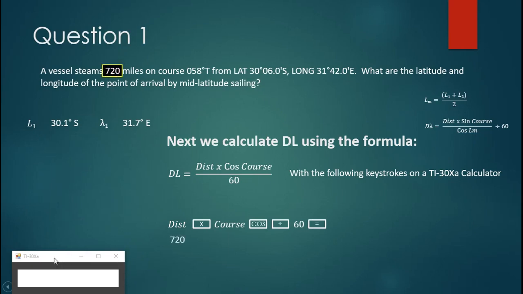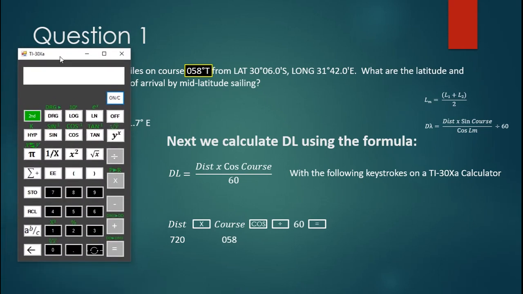to calculate this. We'll say distance times the course cosine divided by 60 equals, and we'll get that 720 and that 58 from the problem, and we'll key it into our calculator. We'll say 720 times the course of 58 degrees, and we'll hit the cosine button. We'll divide that by 60 and hit equals. We'll get